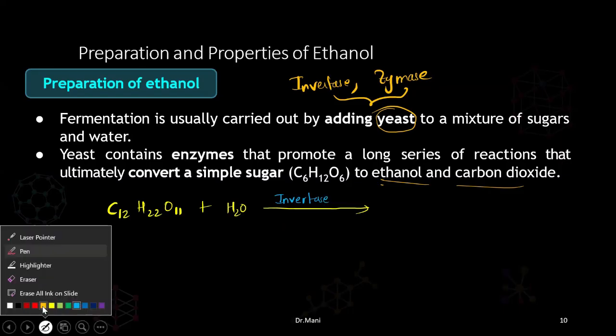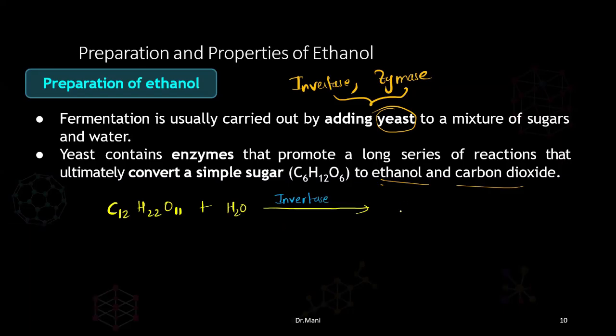So this will be converted into glucose and fructose. Both have the same molecular formula, but the structures are different. They are optical isomers. Okay, so glucose and fructose. Now this glucose or fructose